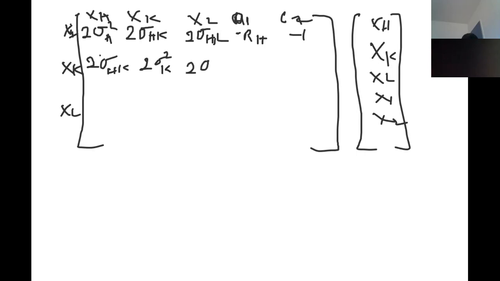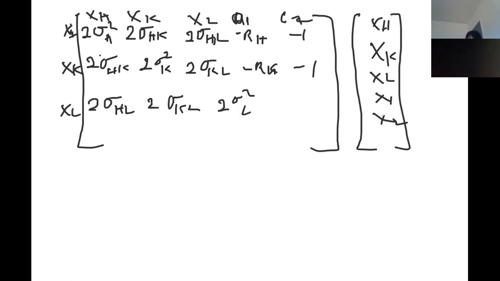I know that I'm differentiating with respect to what? K. So minus return on K, minus 1. Then the same thing applies to this one. I'm going to have 2 covariance of H and L. Then I'll have 2 covariance of K and L. Then it's going to give me 2 variance of L, minus return on L,